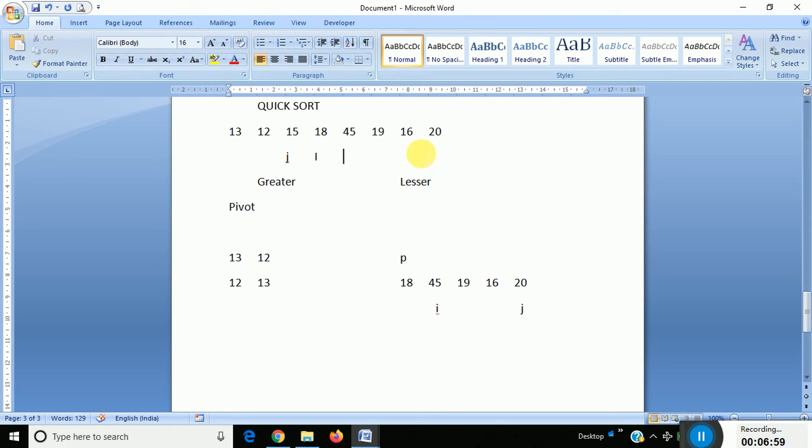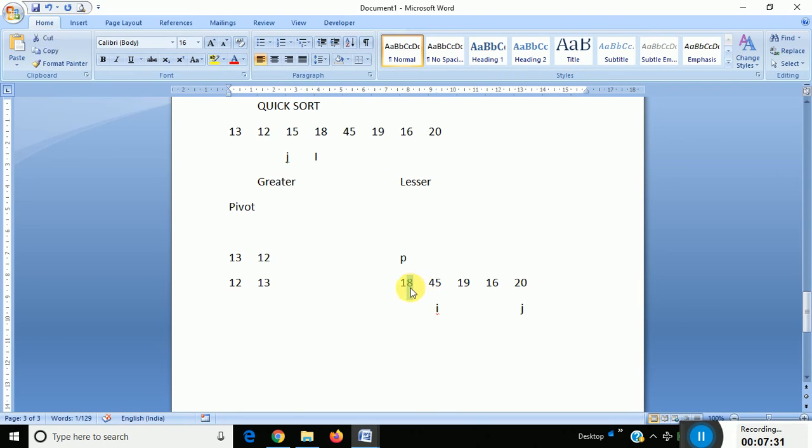Now after that, the second part is what, j keeps on decrementing. When j comes here, both are in the opposite direction, so they are not face to face. Once it is in the opposite direction, the j value, whatever is there, will swap with the pivot element. I hope you understood. Now when the partition is done, this here we cannot consider as a pivot. If two elements are there, directly you can swap them,